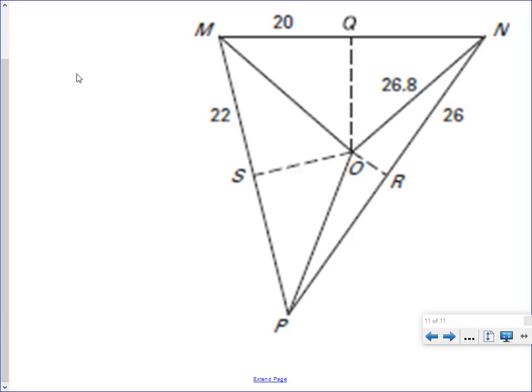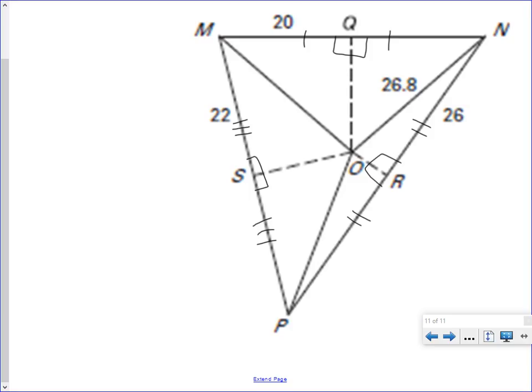Real quick, when you have perpendicular bisectors and you have big picture stuff, draw in what that does. You know that this is bisected. You know that these two are right angles. You know that this was bisected. These two are right angles. This was bisected. These two are right angles. Are you okay with that? Now, if you look closely,